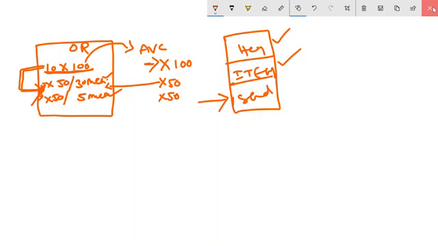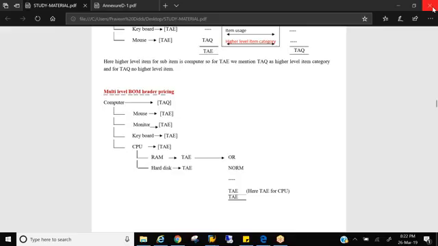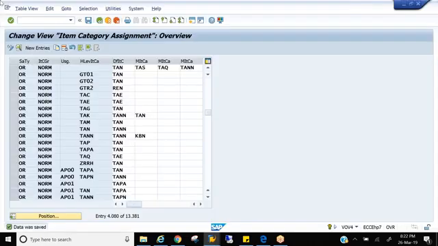The transaction code for schedule line is VOV6.